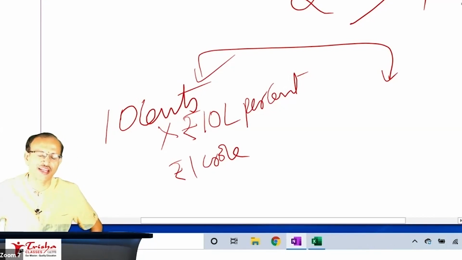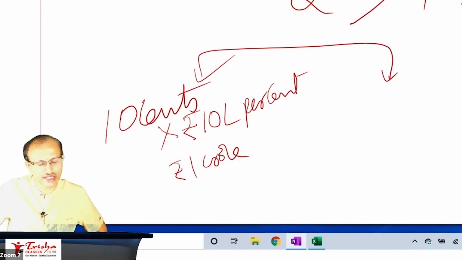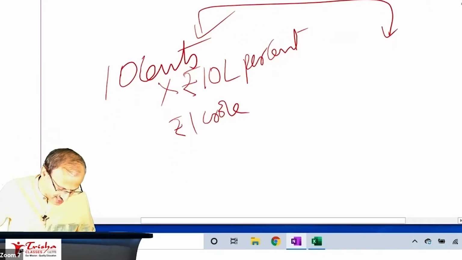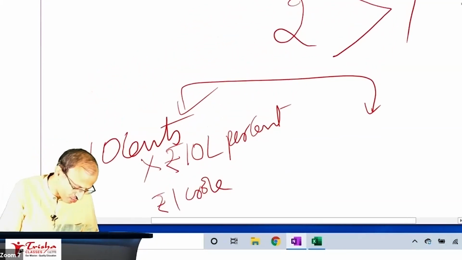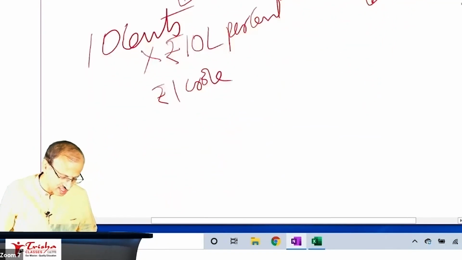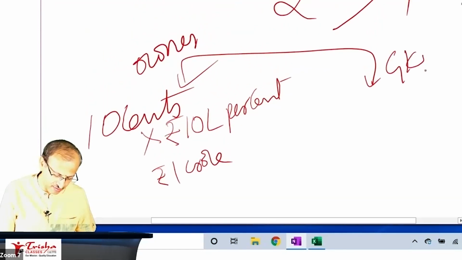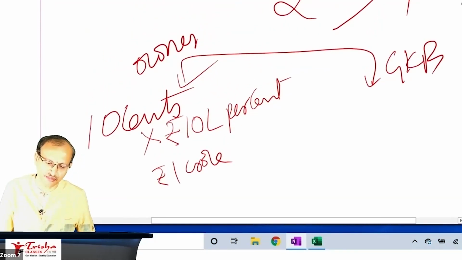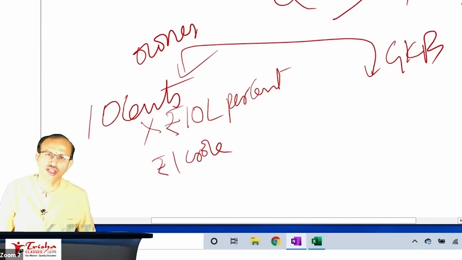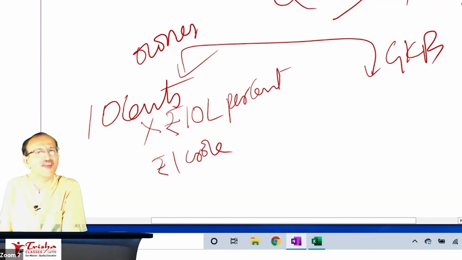I told him, give me half an hour, I'll come back with my calculations. I went back, worked it out, and told him, listen carefully. This is my owner's offer. GKB, Gopal Krishna Bhatt's offer was like this. I told him, boss, you don't do like this. After half an hour, I gave my response to him. I told him, Babanna, you don't pay very less, 10 lakh per cent. This land is much costlier than that. I'll give much more than that.